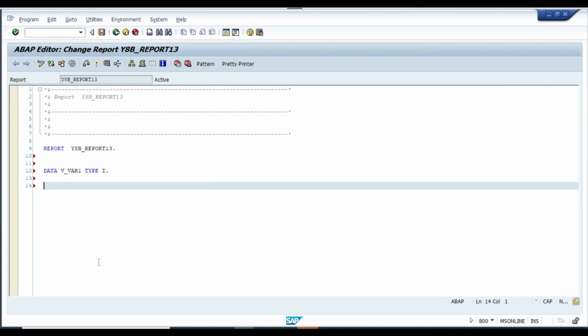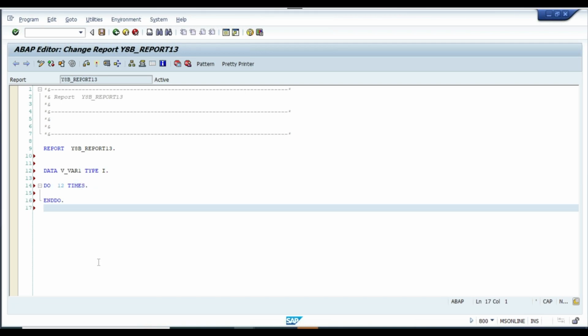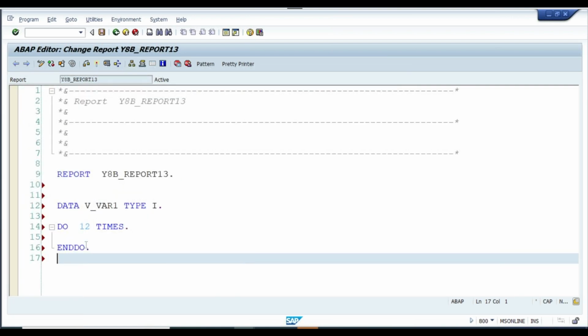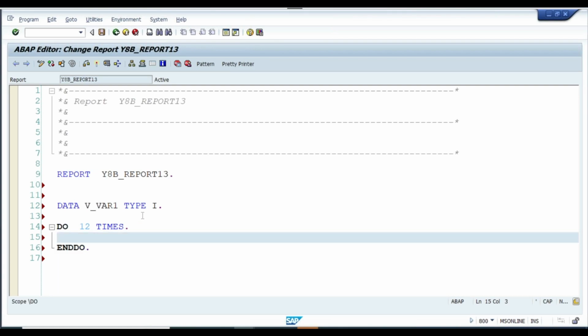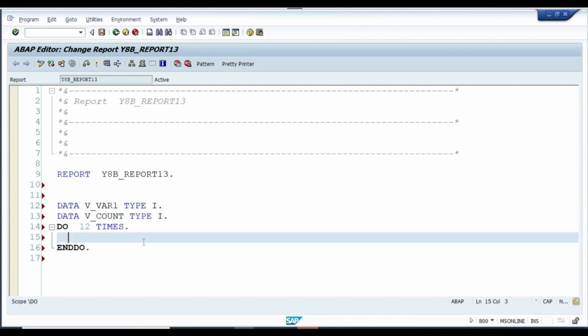So now I'm saying do 12 times. Repeat 12 times. What to repeat? Now I'll take one more variable, data count, v_count, type integer. Now I will say write